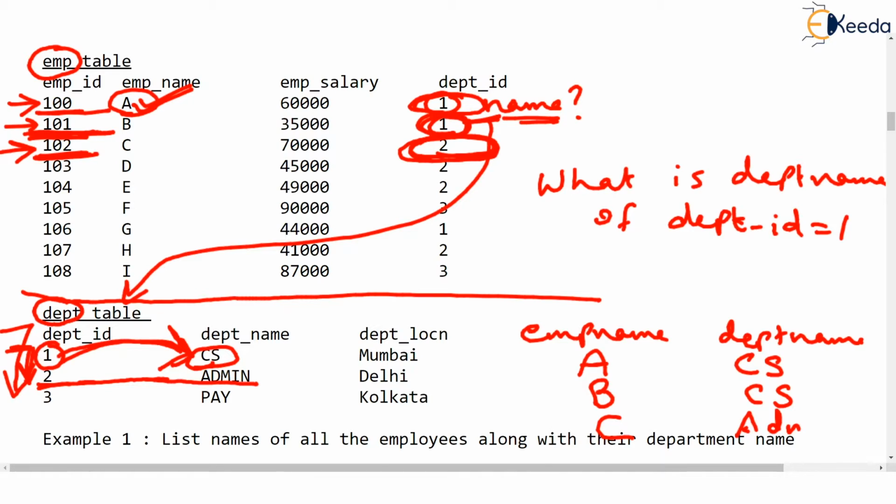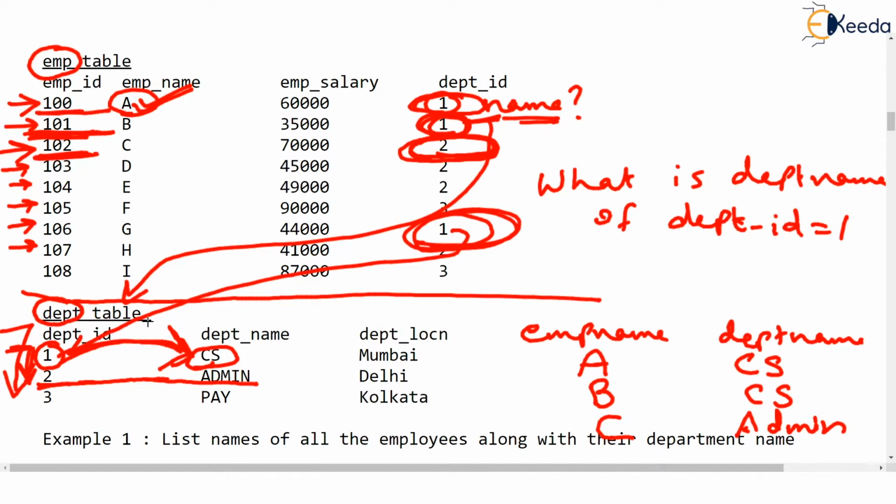What it means is that you will go row by row in this particular EMP table, and for every row of the EMP table, you will see what is the department number in which that person works, and that department number will be searched in the DEPT table. Well, which row of the DEPT table are you interested in? You are interested only in that row. Listen very carefully. You are interested only in that row where department number is 1.